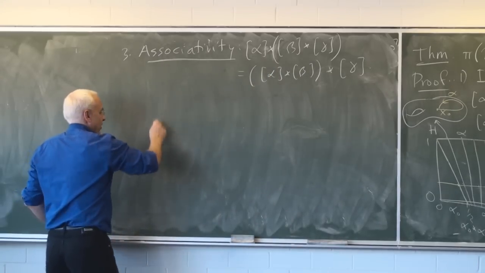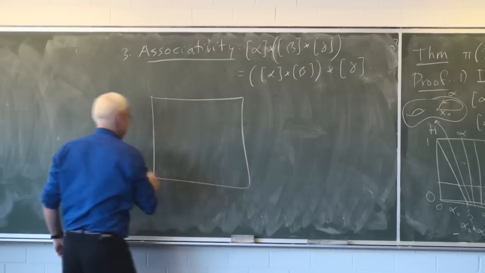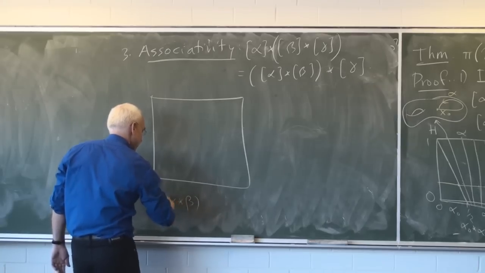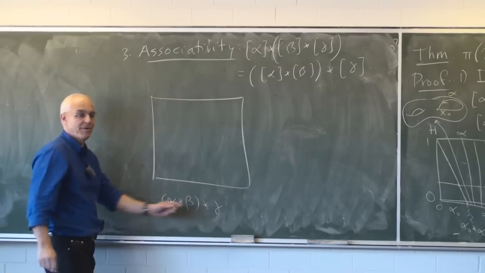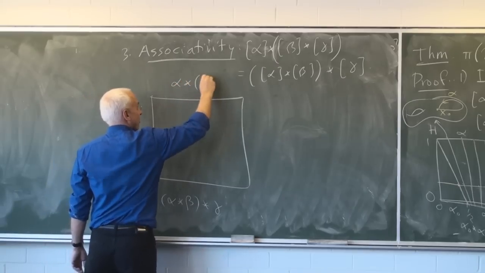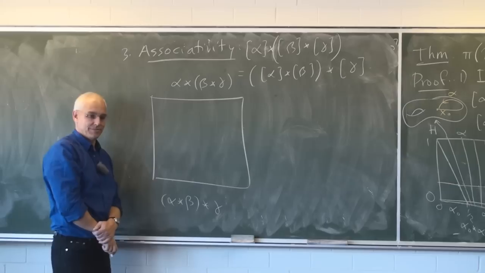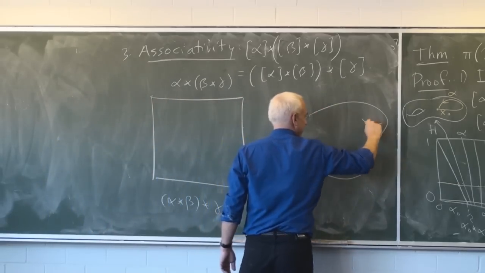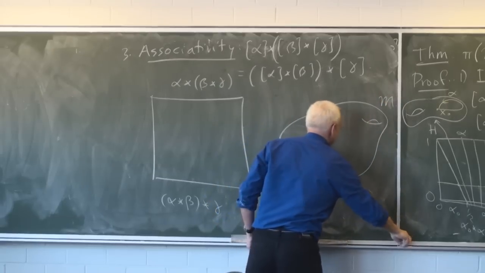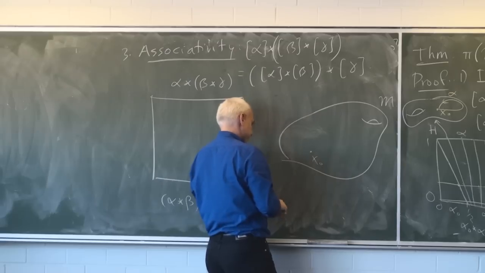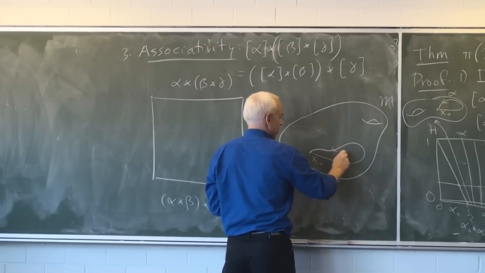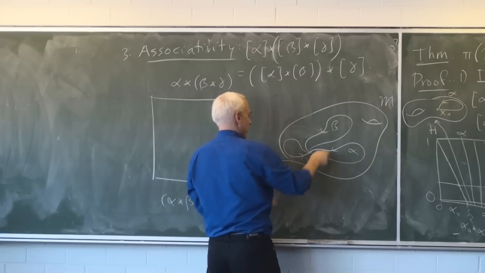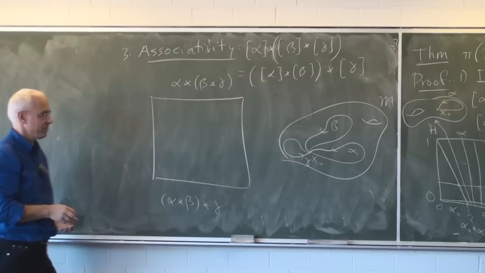So again, we'll do it with a picture of a homotopy. And down here, I will look at alpha times beta times gamma. And up here, we'll have alpha times beta times gamma. Over here is our surface. Let's draw a picture of these things. So there's x0. All right, we have some curve alpha. We have another curve beta. We have another curve, say, gamma. Although, in fact, they could overlap quite a lot, too. Doesn't really matter.